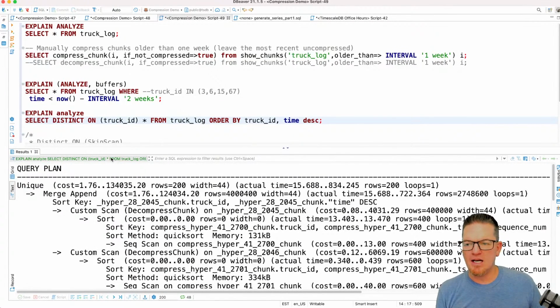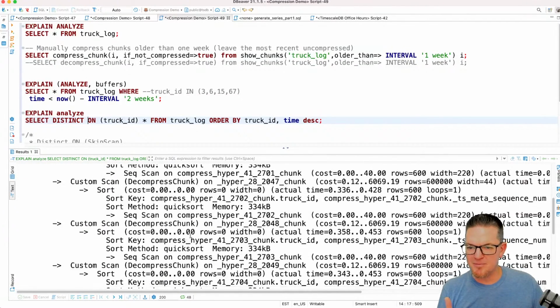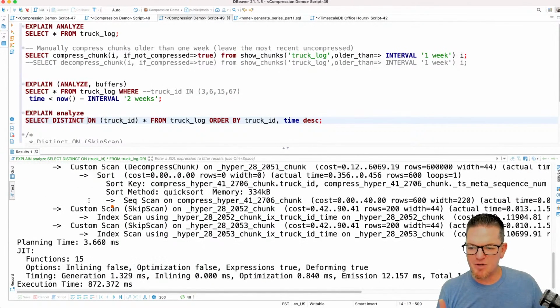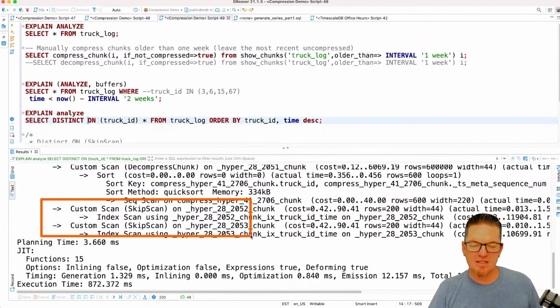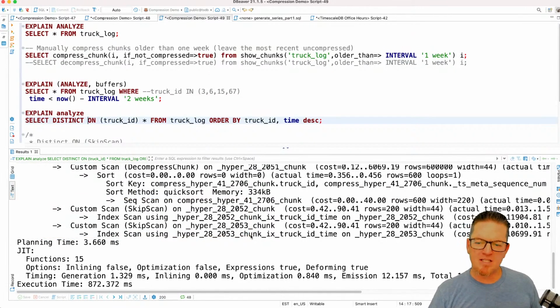And it depends on how far back it goes. And you'll see that it did have to decompress some. We were able to custom scan this hypertable. Because I put no limit on it, it is still going to try and go chunk by chunk and find the most recent thing. So this kind of query doesn't work well with compressed data unless you